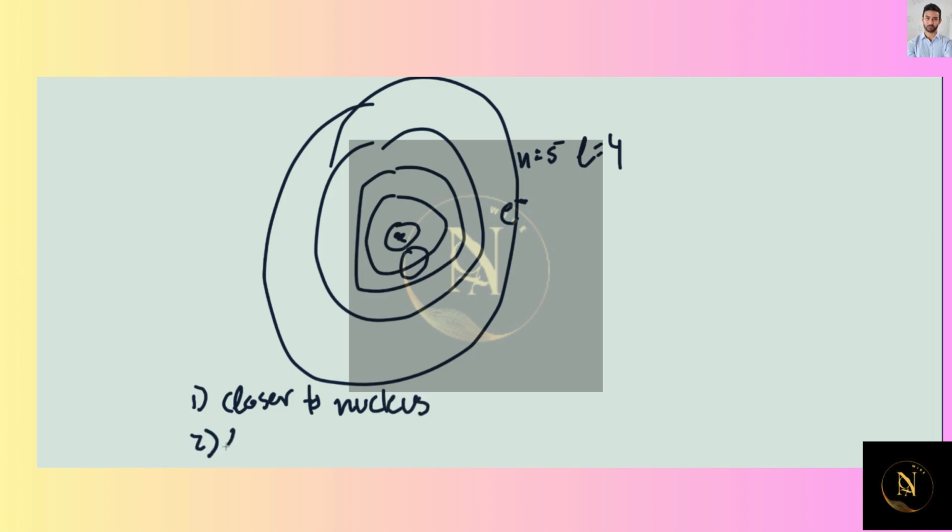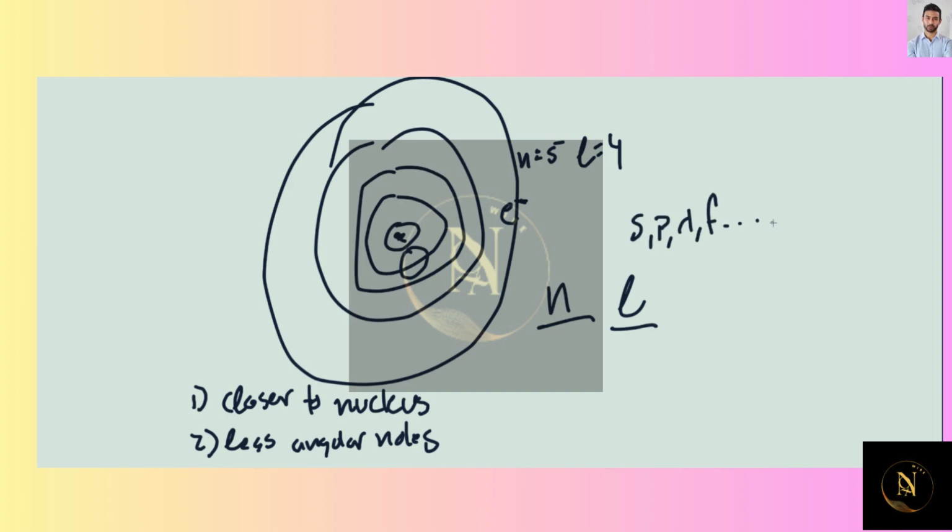Okay, and the second one is fewer angular nodes. That's the secondary rule. What that means is n is the most important number, the lowest n, and the second most important number is L. That is whether it's an s, a p, a d, an f, etc. So n, the lowest shell, is always going to shield the best if you're comparing,